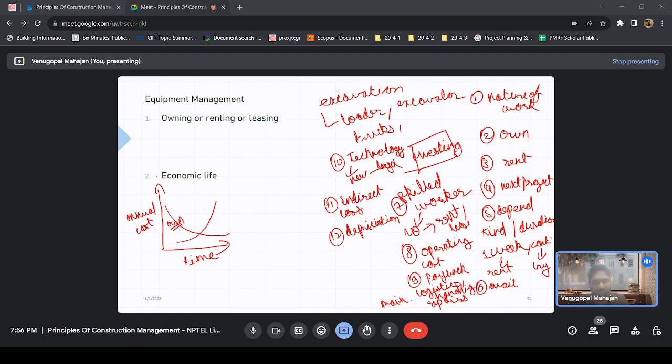So ownership cost is reducing, but your repair and maintenance cost, you know that after some time your insurance is going to expire and then you have to pay for it yourself. So repair and maintenance cost is going to increase. So if you have to plot the economic, if you add both these terms,